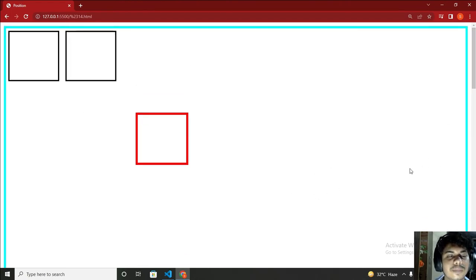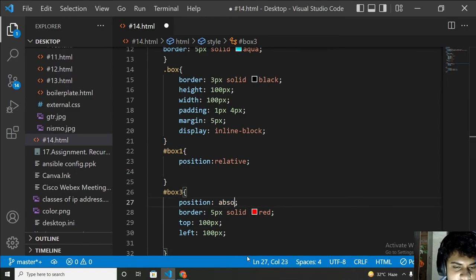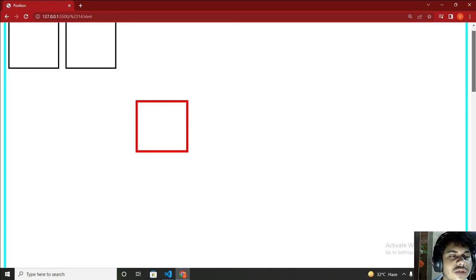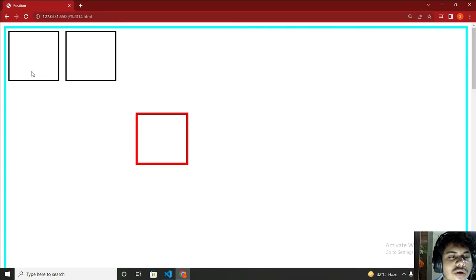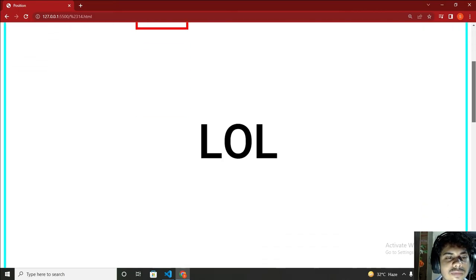So now the main thing is, first let me show you what the fixed tag does. The fixed tag is a very beautiful tag. So let me just write here fixed. Now just watch both of these boxes. When I do this, you can see that these boxes are disappearing. But if I do this,